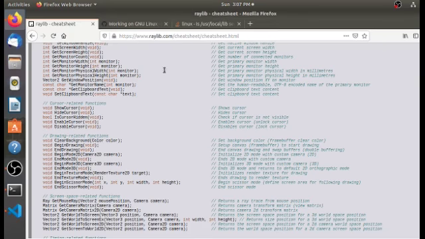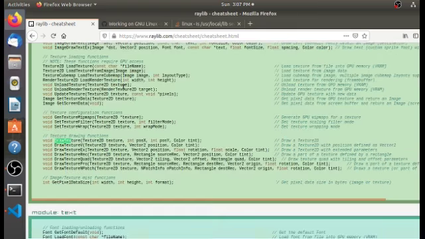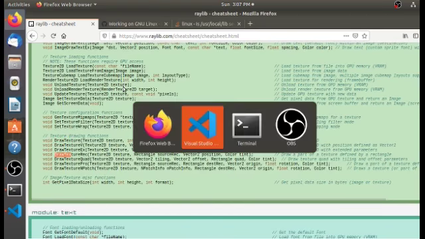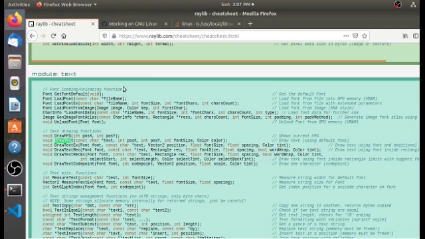Let us look into the documentation for draw text. There are lots of draw text functions. So draw text takes a const char star text. It takes the position X and Y as expected, and the font size, and the color. Okay,